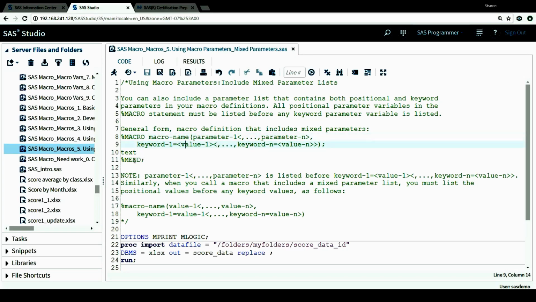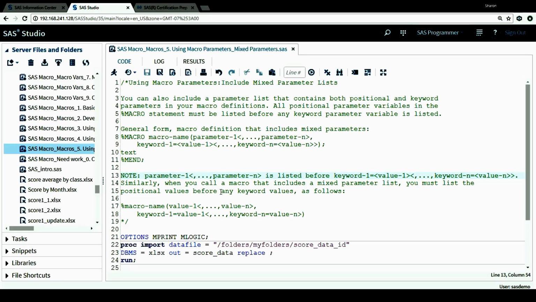Okay? And then we're going to end this macro definition with the %mend statement. So it is very important to remember that we need to list positional parameters first, and then followed by keyword